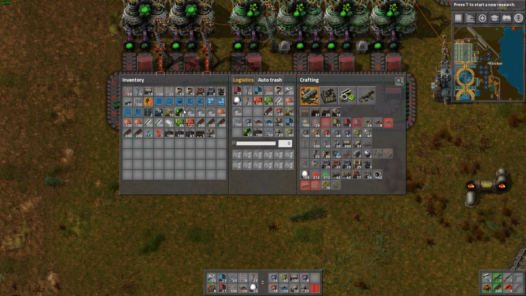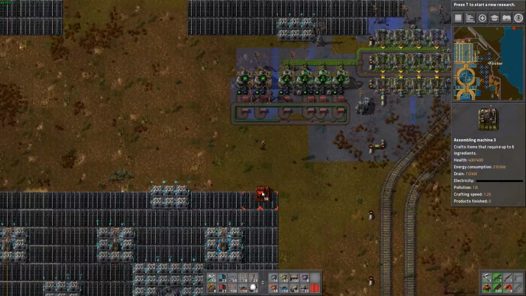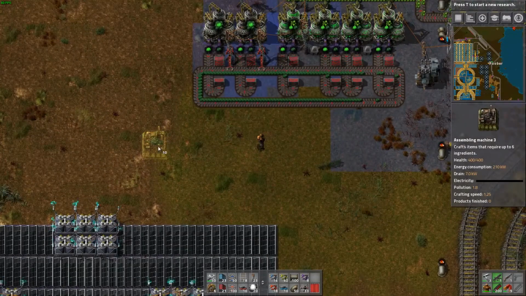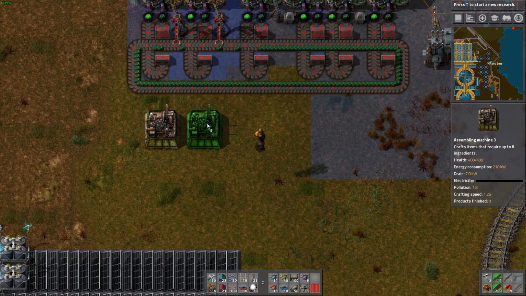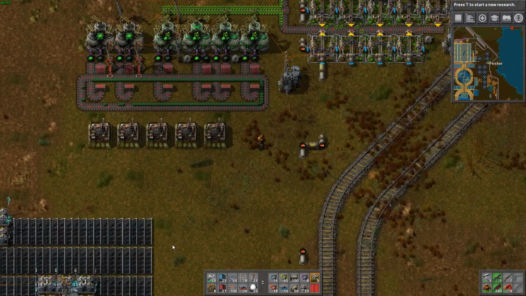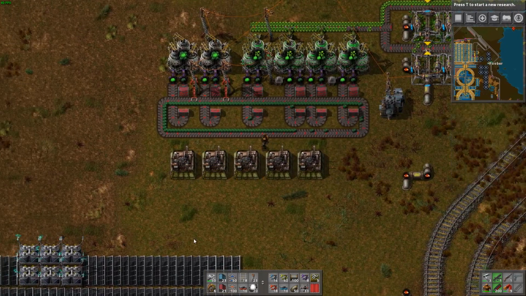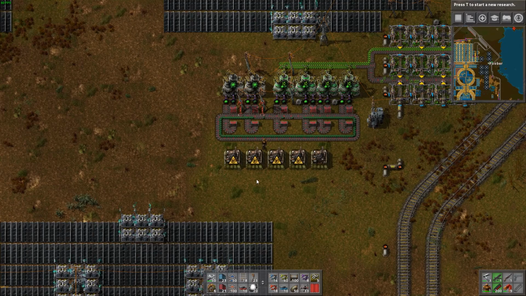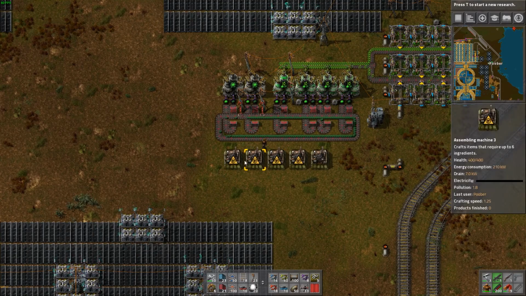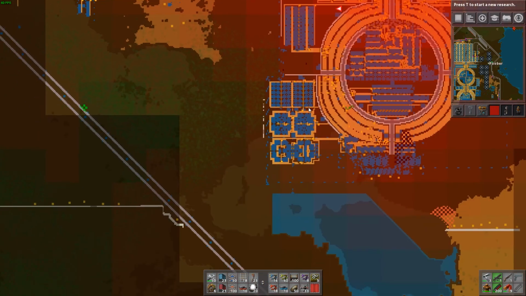So what I could do is grab a couple assemblers. Let's go ahead and use these yellow ones that we have here. We'll do something like this. And this is kind of just for test purposes, you guys. In the future, I will probably move everything. So we'll put eventually our ammo production over with the rest of our armory, which is down to the bottom